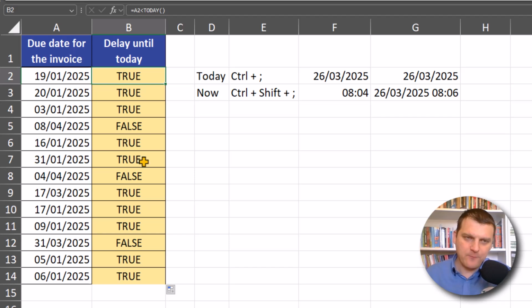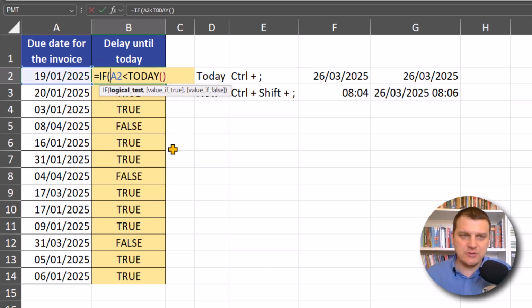So with logical values we want to add the IF function. We have our logical test, and now we want to return proper values. So the first value, returned if true: if this date is smaller than today, we want to return